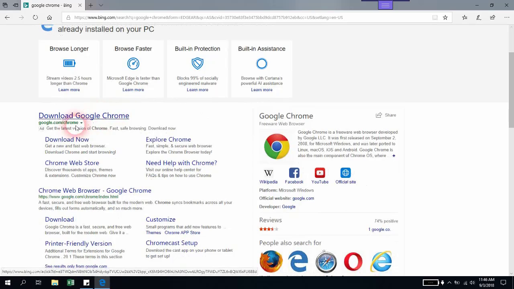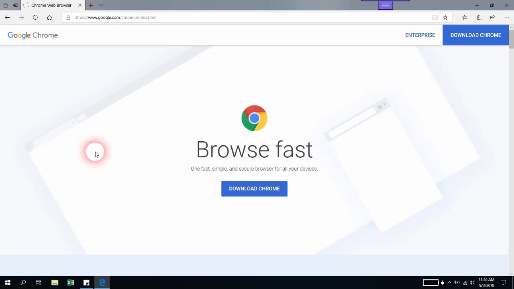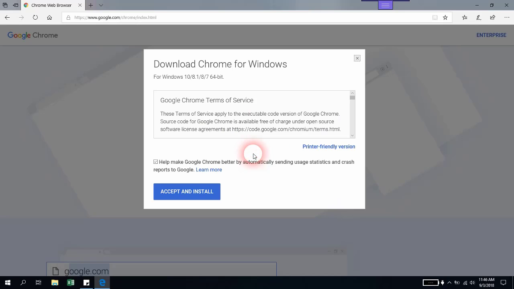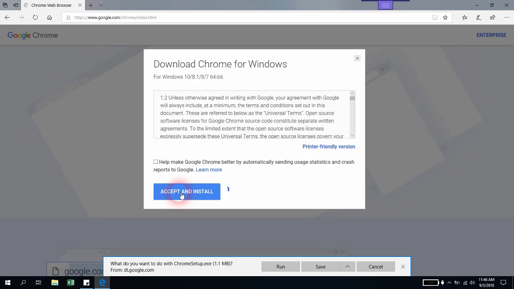We'll scroll down and open www.google.com/chrome or Chrome web browser, and from here, as you can see, we have the download button, so we'll just click download. I will deselect this option, help Google make better by automatically sending user statistic data. I don't want to, so I will just deselect it. You can leave it if you want to, and then we'll click accept and install,